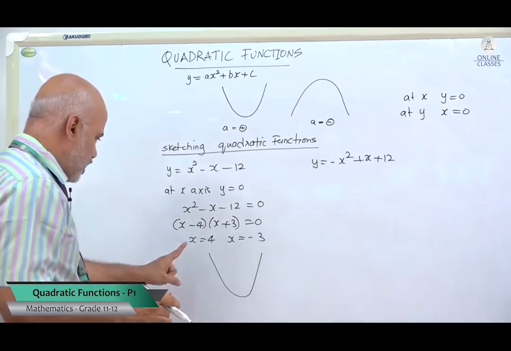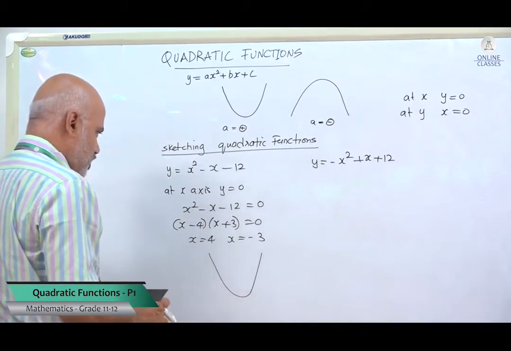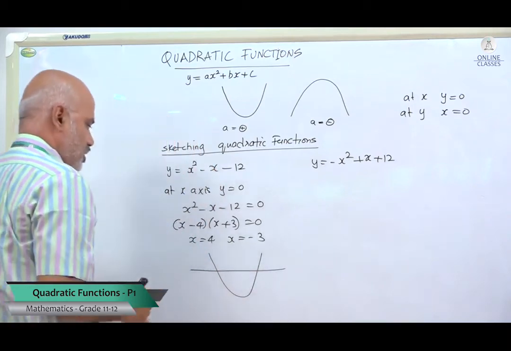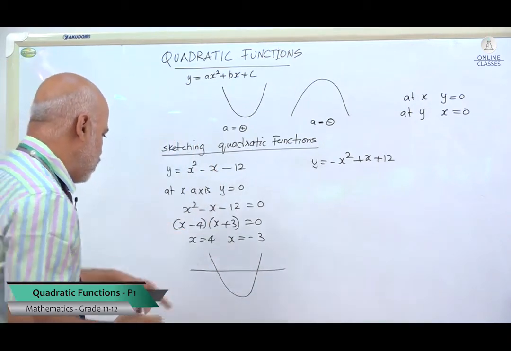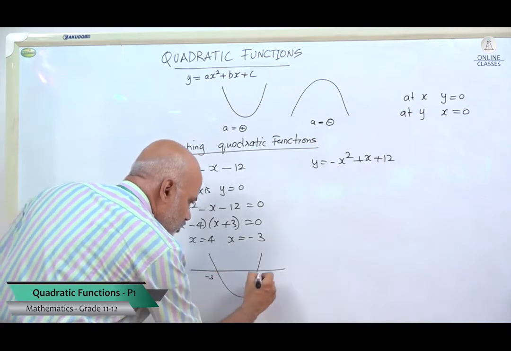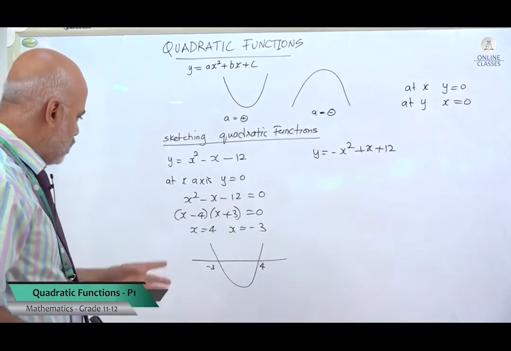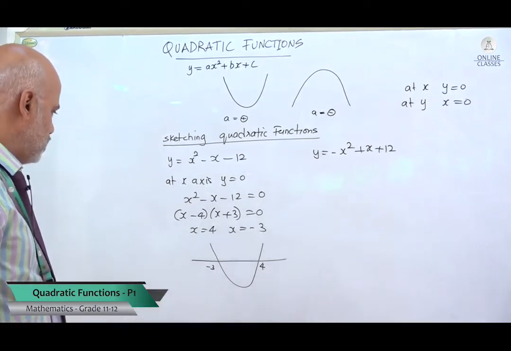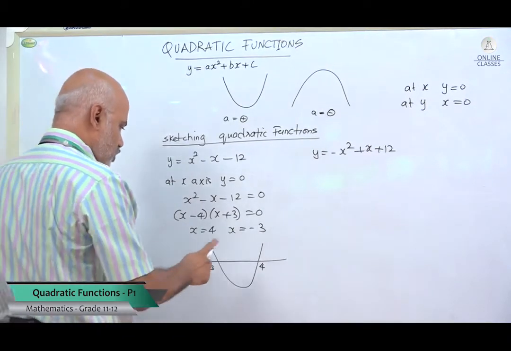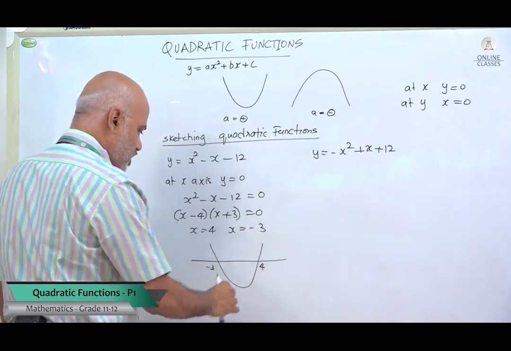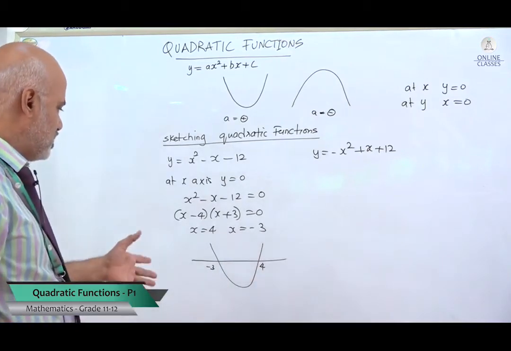The next is what? It cuts the x axis at these two places. So it is cutting. So I have drawn the x axis. Then one value of x is minus 3, other value of x is plus 4. Alright. Next, what? How do I keep my y axis? Y axis drawing, definitely it is in between the two intersecting points only. It may be coming here, something else like that. But see, this is a sketch basically.